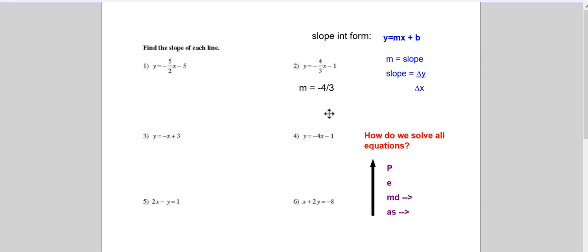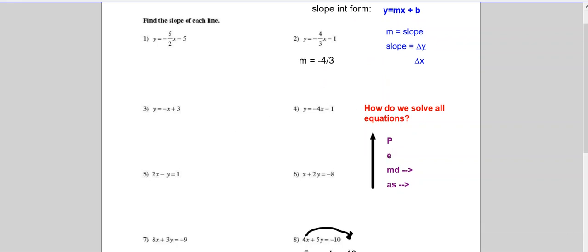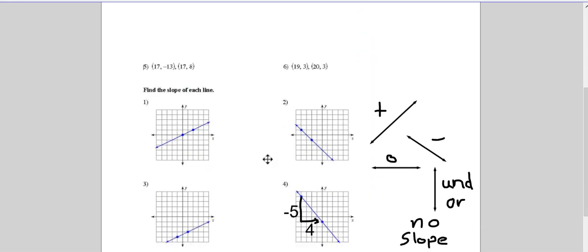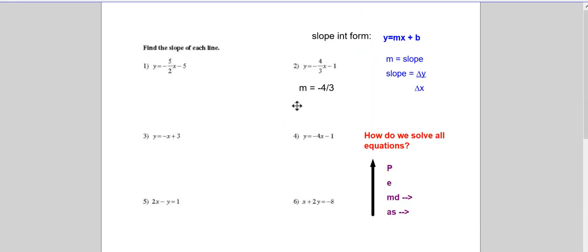Okay, students, we're doing slope today in this lesson. Slope from equations of lines, as we see here, slopes from 2 points, and slopes from the line itself on the graph. All right, so first off, 1 through 4, we should recognize that these are in slope-intercept form,